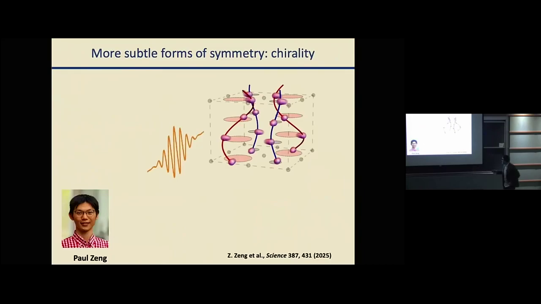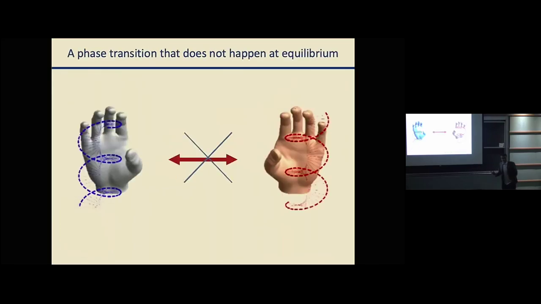This is work done by my student Paul Zhang, who's only a second or third year graduate student, but every day he blows me away. He worked on the problem of chirality. Can you take an achiral crystal and make it chiral, or can you take chiral plus and make it chiral minus? In principle, this is a very difficult problem. There is not really a phase transition that takes a right hand and makes it a left hand, because you need to break all mirrors and all rototranslations. So if you want to take a right hand, you melt it. This is quartz. You melt it and make another hand, and if you're lucky, you'll make the hand the other way. But you can't go between one and the other by a field or by driving the phase. What Paul came up with